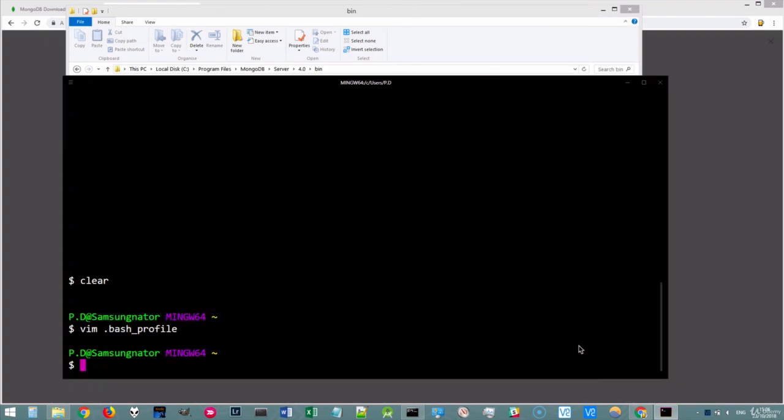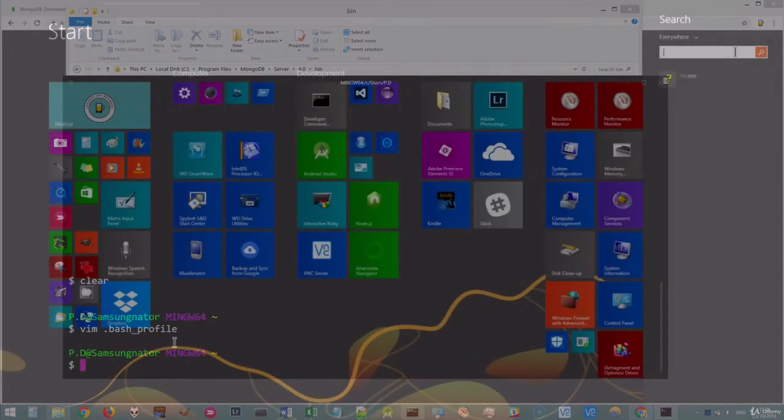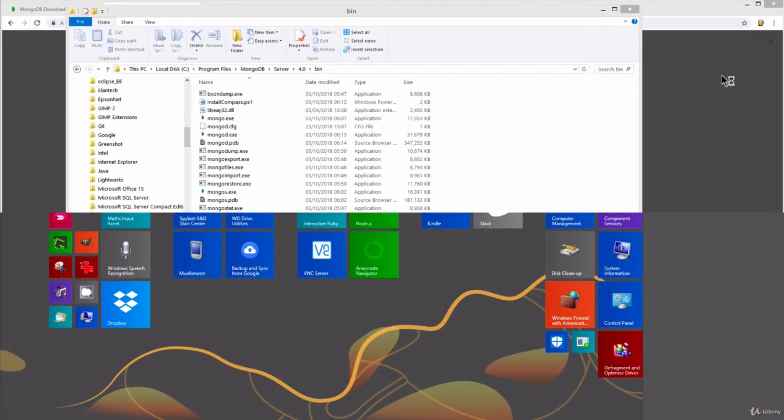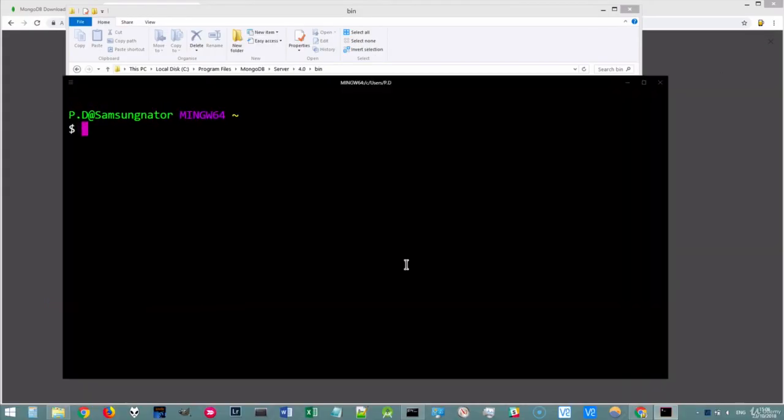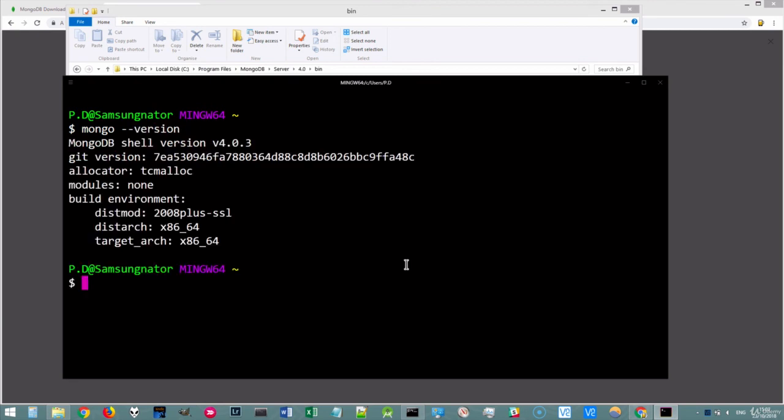So now we're ready to test and see whether our installation has succeeded. Go ahead and close down your Hyper terminal, and simply relaunch it. Now that we've restarted our Hyper terminal, it's time to test. We'll do that by writing mongo --version and hitting enter. Now, if you see something that looks like this, where it says Mongo Shell version 4.0.3